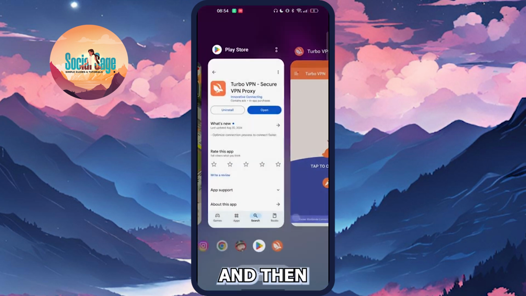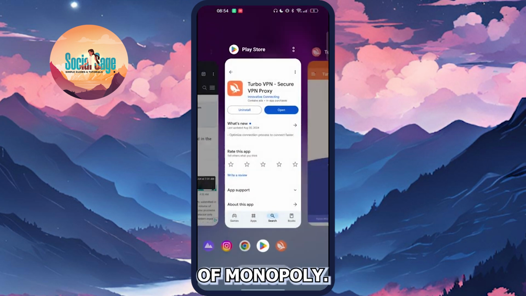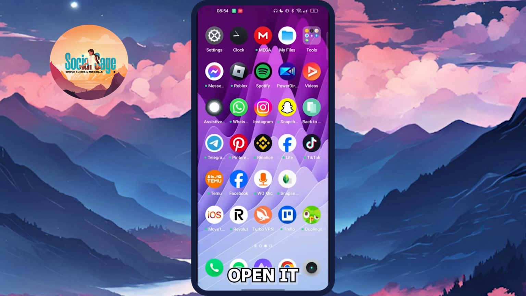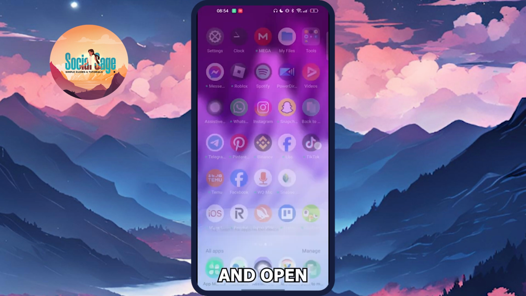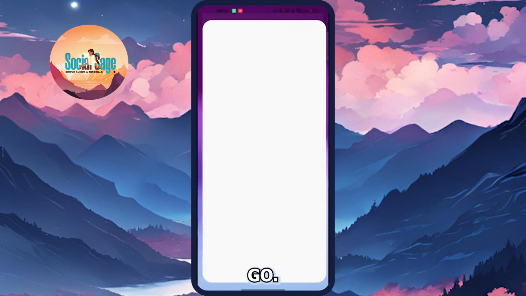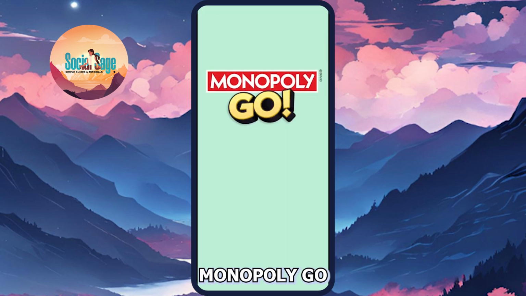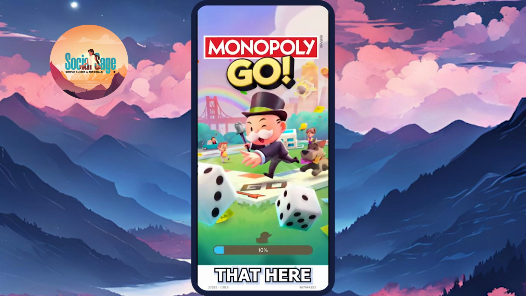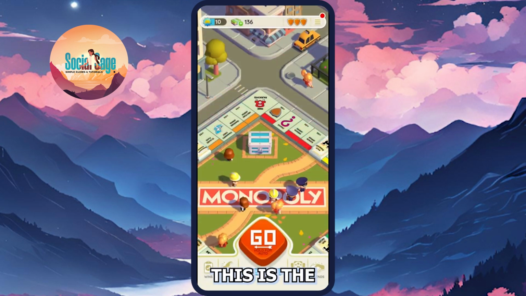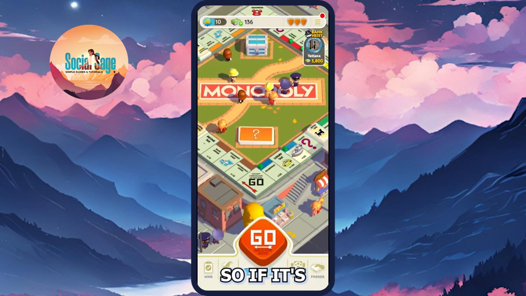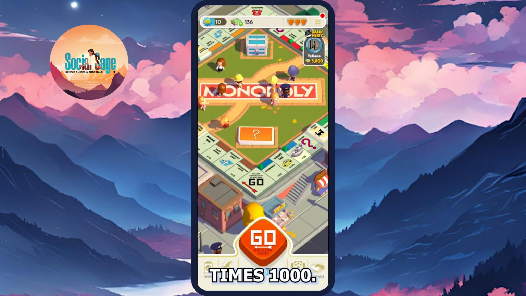Next thing you need to do is head over and close the app, Monopoly Go, and then open it again. So let's open our Monopoly Go, and once you have opened it, make sure that your Facebook account has been linked for autosave, and the first number on your recorded roll list is the same as earlier. So if it's the same, you can head over and roll up to times 1000,